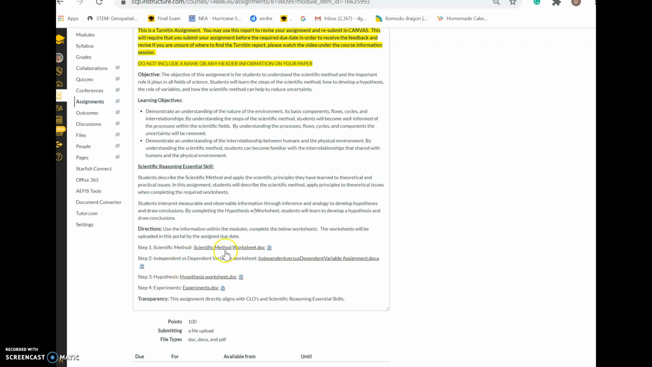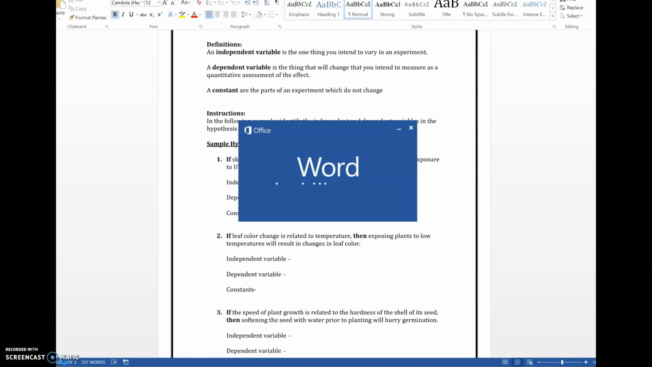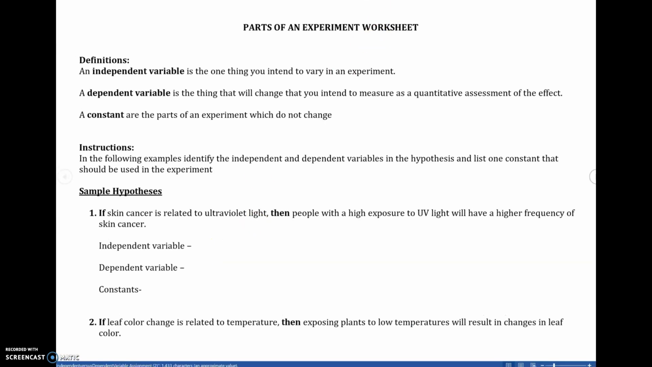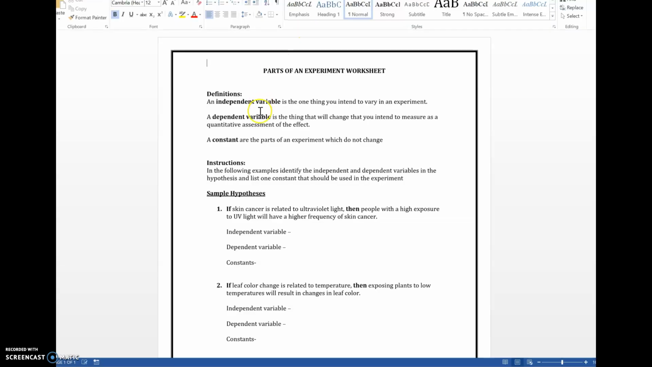In step 1, we learned about the scientific method, and we also learned a little bit about variables. But this is going to drive home the idea of variables. So for the independent versus dependent variable assignment, you're going to open up the assignment, and at the top it gives you definitions. It tells you the definitions of an independent and dependent variable, as well as what constants are. So an independent variable is the one thing you intend to vary in the experiment. A dependent variable is the thing that will change that you intend to measure as a quantitative assessment of the